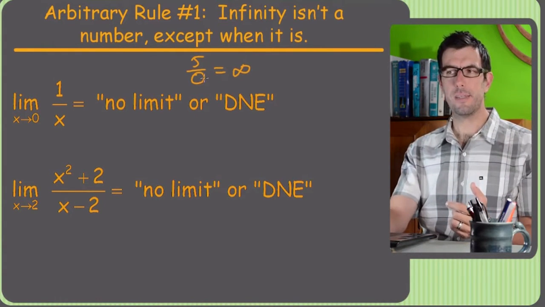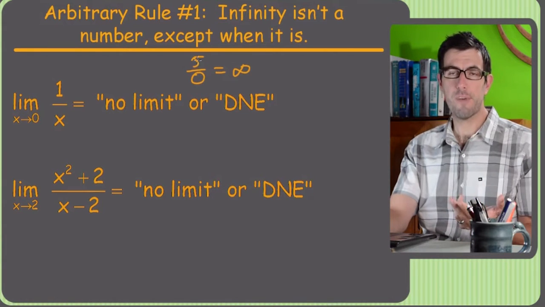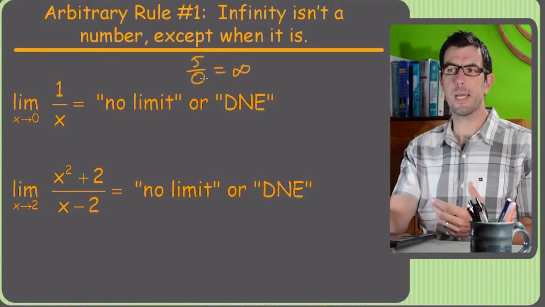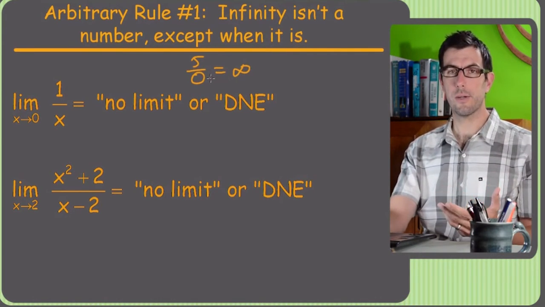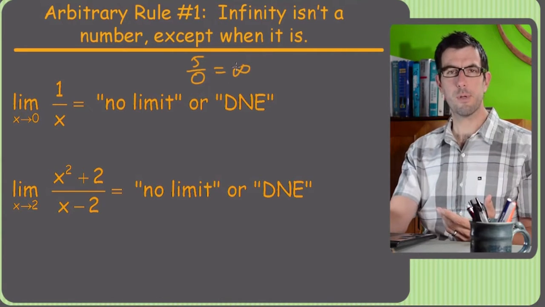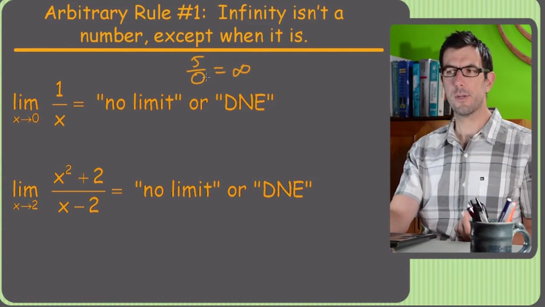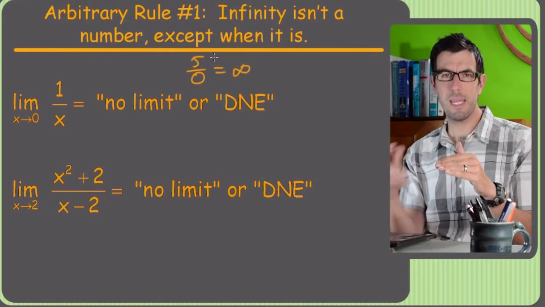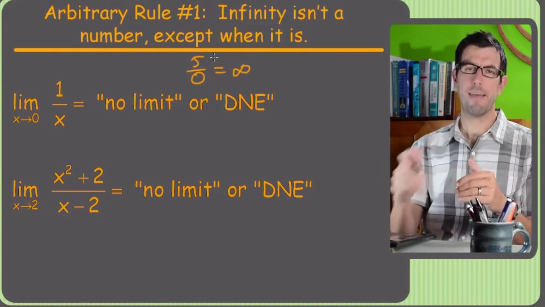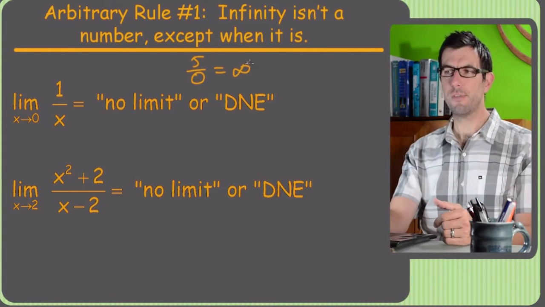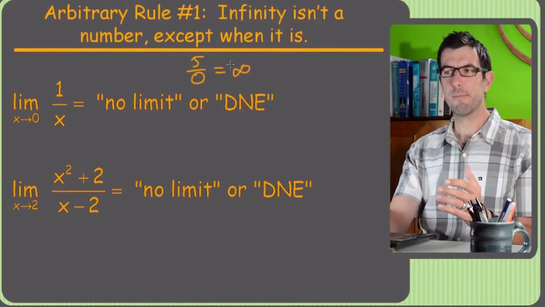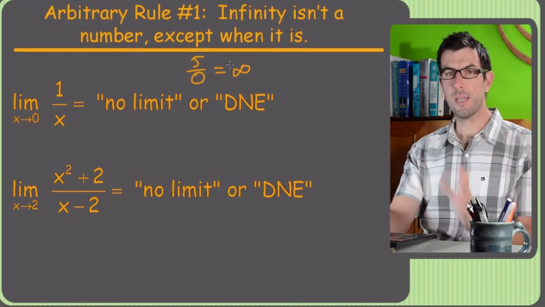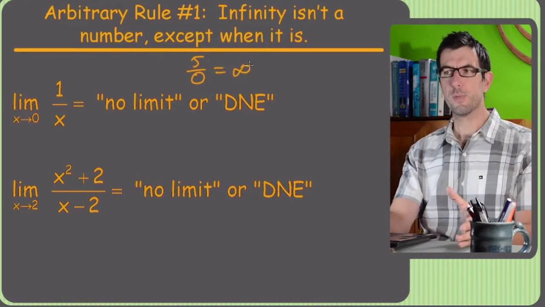Because if you try to figure out what 5 divided by 0 is, you're saying, how many times does 0 go into 5? You could start putting in zeros, right? You could put in a jillion zeros. But even if you put in the biggest number you could ever imagine times 0, you're still just at 0. You haven't even made a dent in getting to 5 someday. So that's why it's not just infinity. There's literally no number that is even in the same league as 5 divided by 0. It's just undefined.